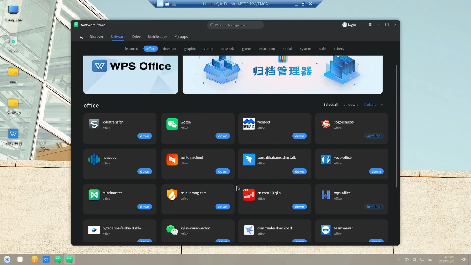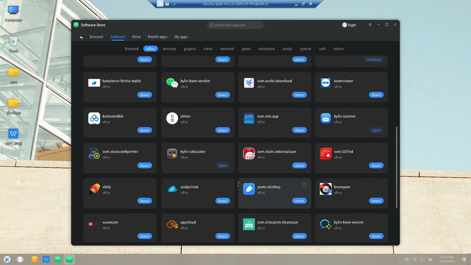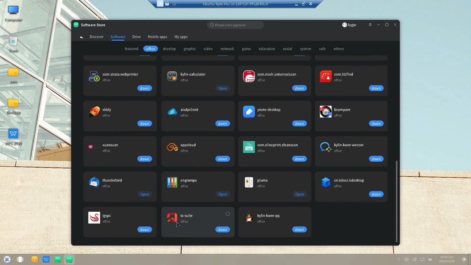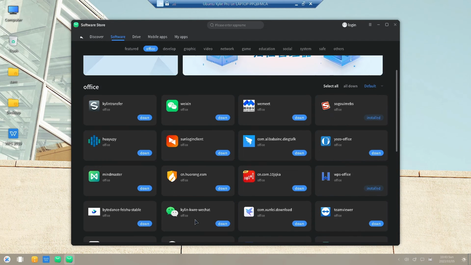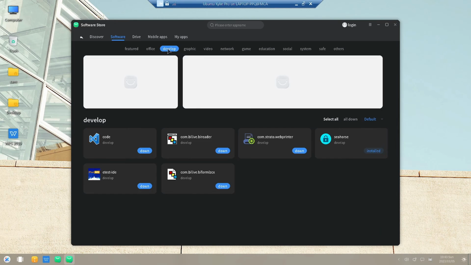In the office section, you get office productivity applications. So this is the application for the Ricoh scanner, universal scanner. This is the office suite, TS suite. Maybe it is a Chinese office suite. I have not used this TS. Maybe we will do a review sometime on our channel. Now let us go to the